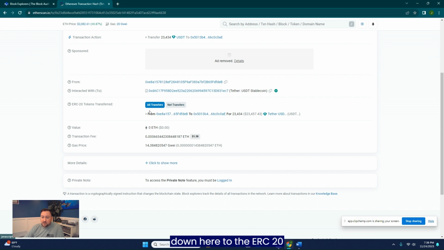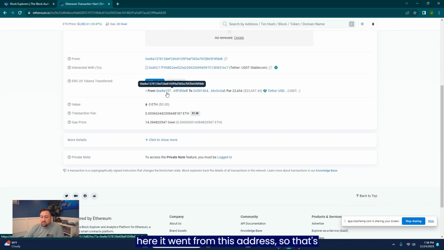What we're going to do is go down here to the ERC20 tokens transfer. ERC20 is basically what all tokens running on the Ethereum chain are going to be. So we see here it went from this address, so that's going to be our victim's address, whether it be an ATM they used or a Coinbase account they have, or even their own cold storage wallet. It went to this address, that's going to be our bad guy address. We see the